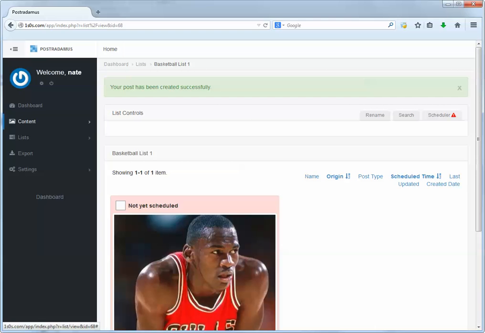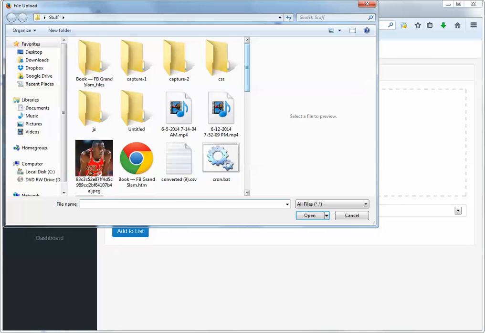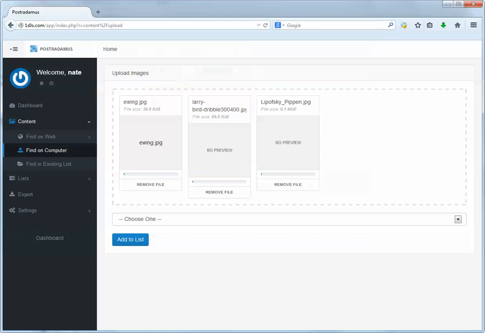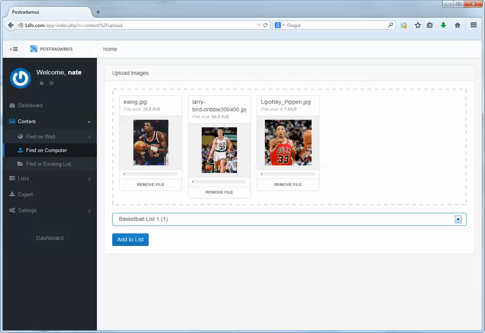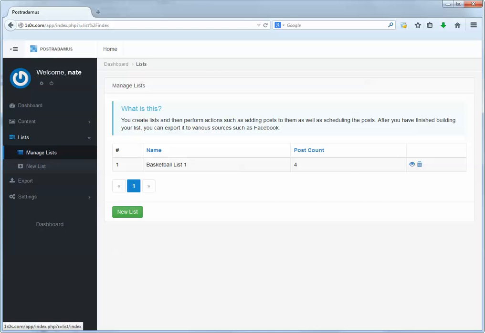But first I need to add some more content to my list before I do anything else. So I'm going to click on content, and then I have these various ways to find content. Let's go ahead and show you the find on computer source. So this allows me to upload multiple images, off my hard drive. So I can click this one, click this one, click this one, say open. I then need to pick which list I want those to go into. So I'm going to say basketball list. I'm going to click add to list, and there they go. Green check mark means it worked fine. So I'll go back into my list and make sure they're there,